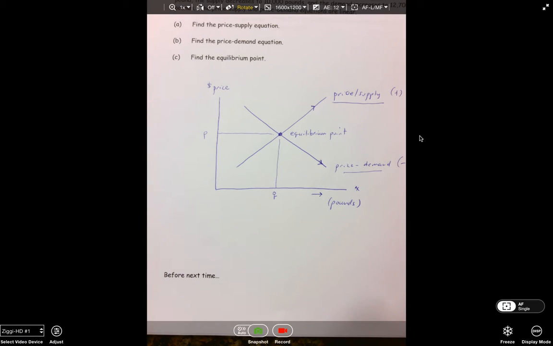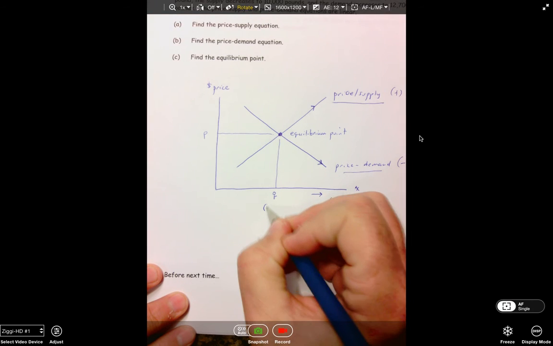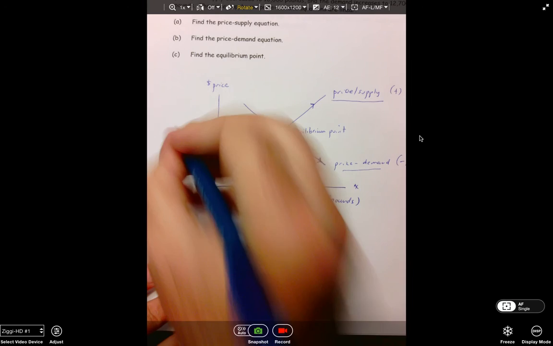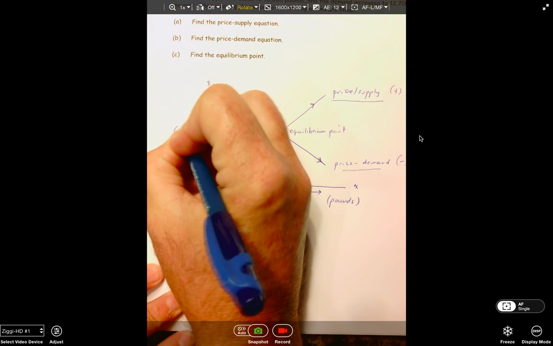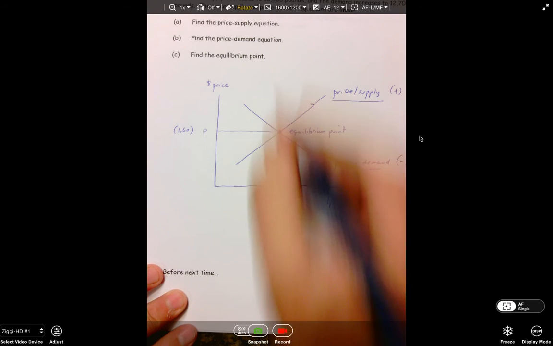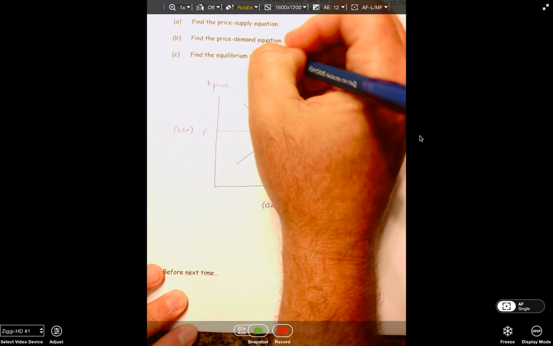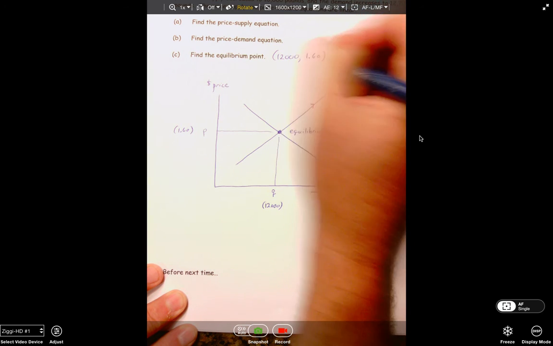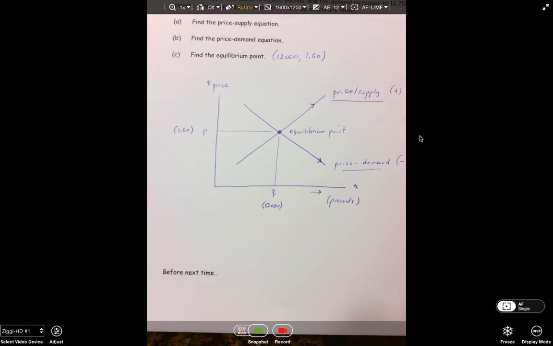So going back to this, I can see that my quantity of 12,000 gives me a price of $1.60, so my equilibrium point will be 12,000, $1.60. That tells me that when the number of pounds of cherries is 12,000, the